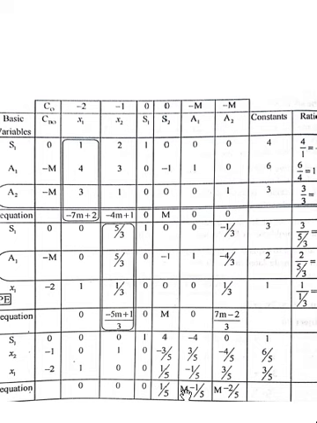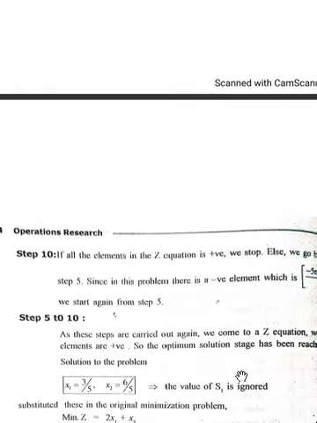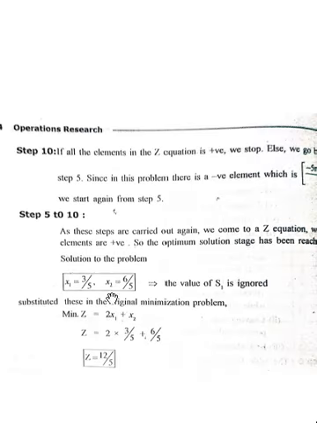If you put m value as high as possible, then if you subtract something here, 1 lakh minus 1 by 5 means it will obviously become positive. The z equation is also going to become positive, and there are no artificial variables, so we are going to stop here itself. And we are going to observe the corresponding values. X2 is going to become 6 by 5 and X1 is going to become 3 by 5. So that has been written here: X2 6 by 5, X1 3 by 5.